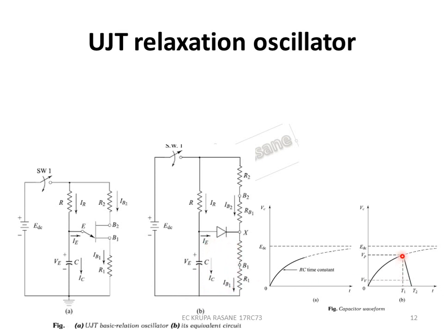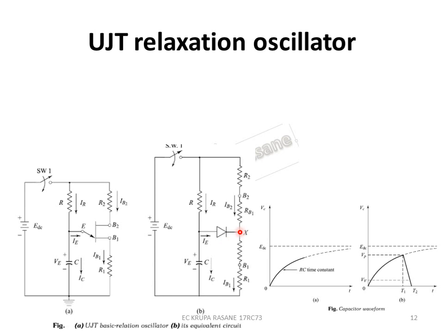And hence, if you see the capacitor voltage, instead of going further and charging to EBB, it will reach V peak and it will start to discharge. Now, how much can it discharge? It will discharge till the valley voltage is reached. Once the valley voltage is reached, what happens? The saturation is reached, and hence there will be no further decrease in this particular